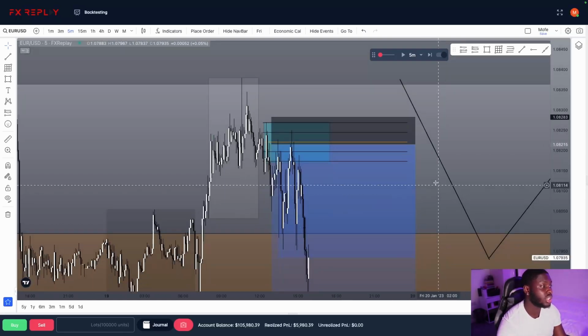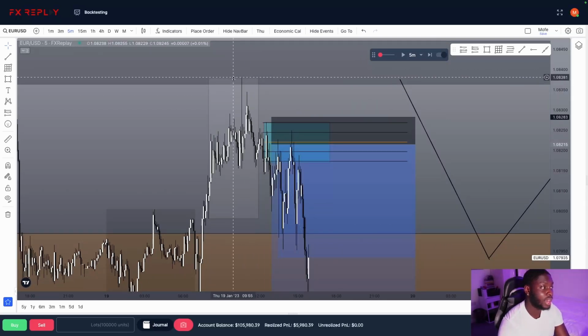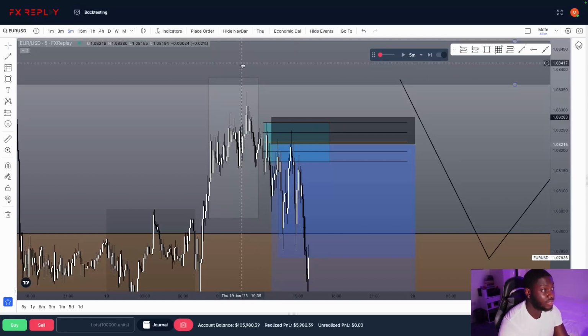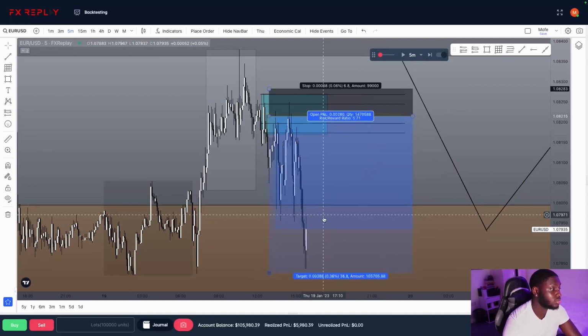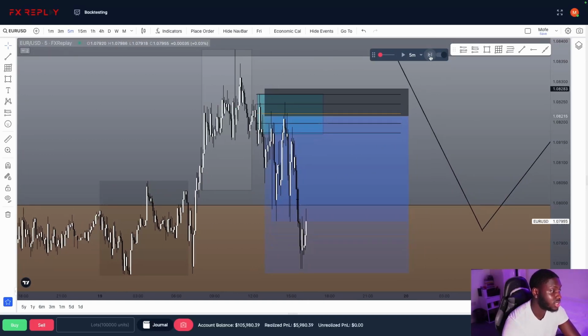Because look, in this trade, I wanted to see price hit this fair value gap before I'd even entertained the idea of a sell. And price hit it, and I was comfortable taking a sell. If price had not hit this fair value gap, I would have only been looking for buys. But it's looking like price would have hit that 1 to 5 anyways.